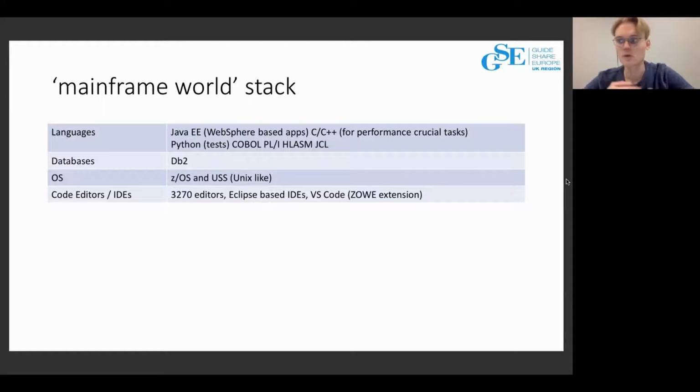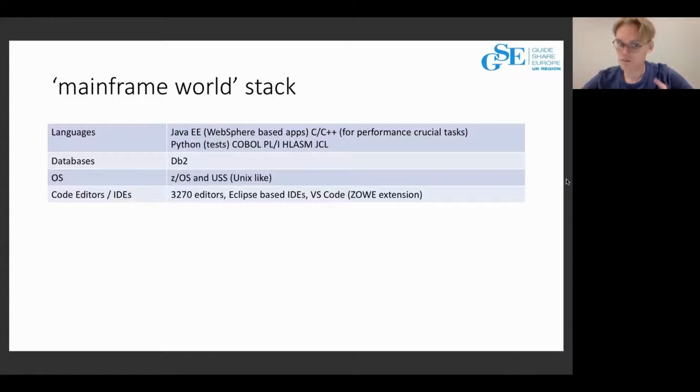These applications can be deployed on to USS to take the full advantage of the mainframe capabilities. Or it can be C or C++ for some performance crucial tasks. As a database, we obviously have DB2, but it's a typical relational database that supports SQL queries, which I mentioned one slide before. And in operating system, we have z/OS, basic skills, only basic skills, because as I mentioned in the first slide, there are no people that know z/OS fully. And USS, which is Unix-like, and it's handy to use.